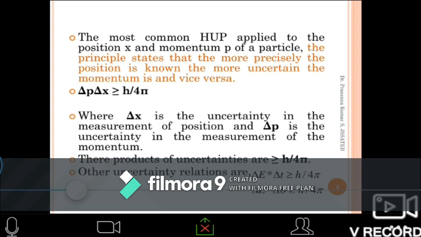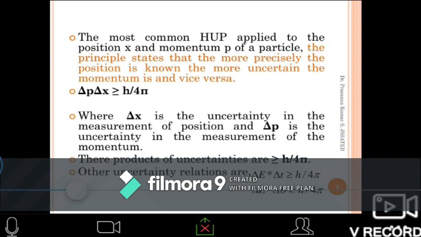So the value of delta x and delta p in this situation, you will get 1. It means the probability is 1, which means 100%. When you say 100%, it is certainty. It is certain. But it is not 1. It is greater than or equal to h by 4 pi. According to physics, it is greater than or equal to h by 4 pi. It means that you cannot measure both quantities, which are conjugates, simultaneously with 100% precision. It is not possible. That's what it means.